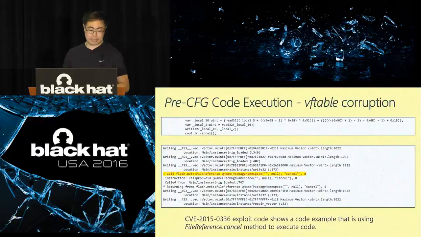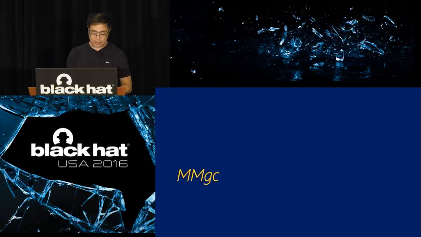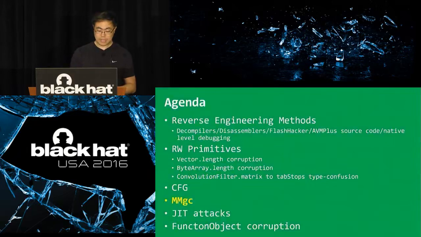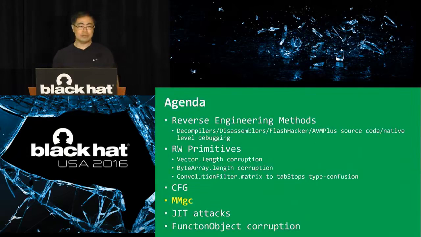After this, when the cancel method is called, the control flow will jump to shellcode. So the exploit is very, very concise and very, very effective. It works very well. But after CFG, all these very simple tricks don't work anymore. After Adobe introduced CFG in 2015, we observed very interesting techniques coming back,